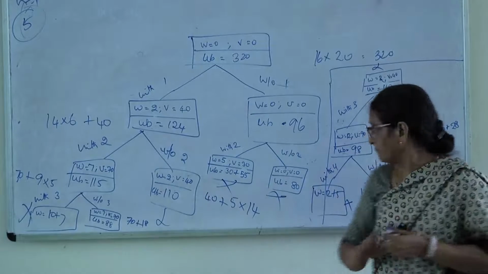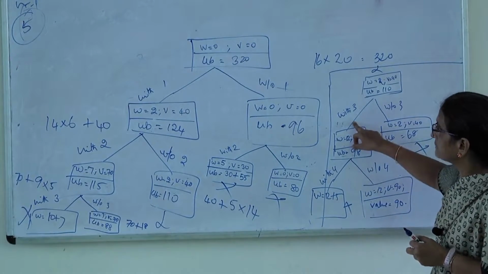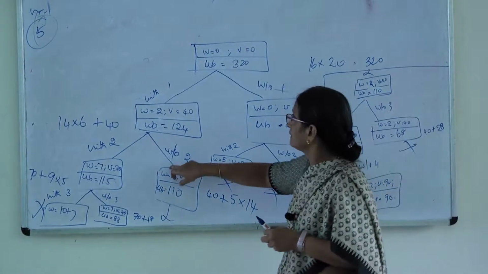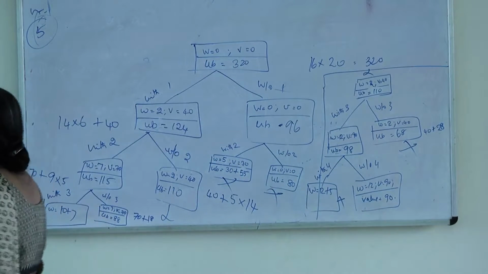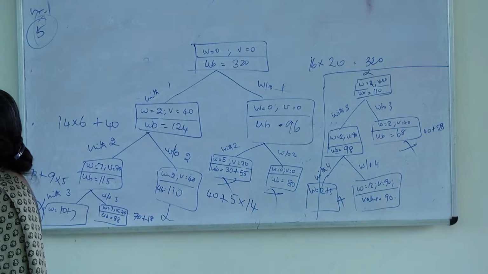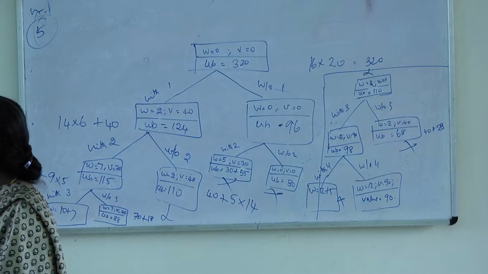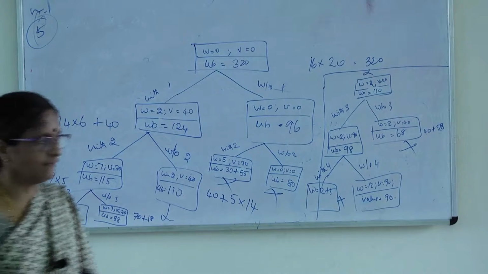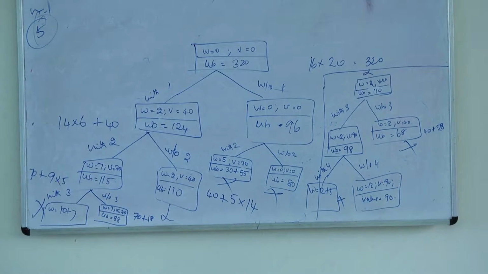What branch is this? Without 4, with 3, with 1. 1 and 3. So weight is 12. That is okay. 1 and 3. 90 is the value. So it's a simple problem. You can verify that it is not going to give you better. 1 and 3. 90.